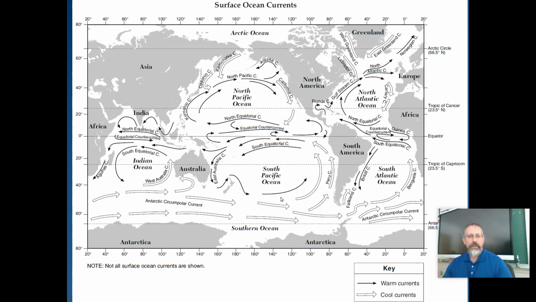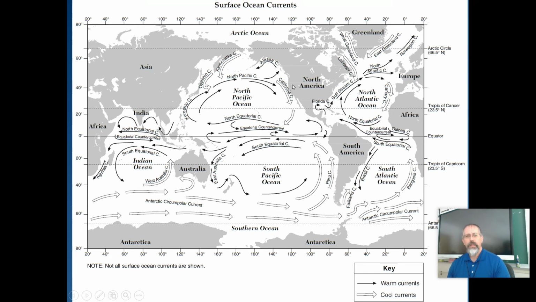All right, and we'll come back and talk about this in lab, I think, but ocean currents are caused by winds going across the surface of the ocean. And this is another map in our reference tables. Ocean currents can also influence your climate. It's really a simple one, so I'll just give you the quick highlight here. If you live in an area near a warm ocean current, it keeps you warmer. If you live in an area near a colder ocean current, it keeps you cooler.